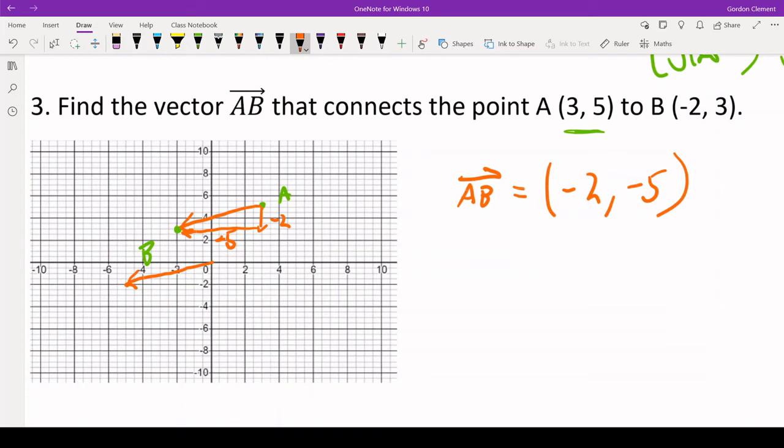And so what we want to do now is be able to do this question without a picture. So I'll look at these starting answers. I've written those backwards, sorry about that. Negative 5 is the x, negative 2 is the y. It has been a long day, apparently. Okay, that looks better. Now we're going to look at those starting coordinates for A and B and figure out how we could get to those answers